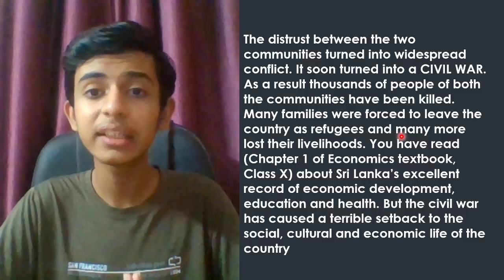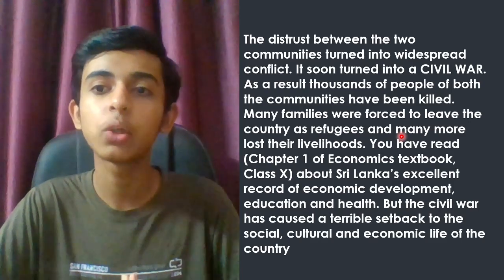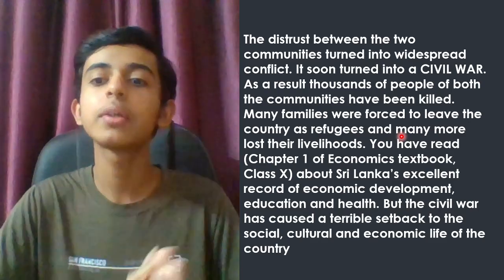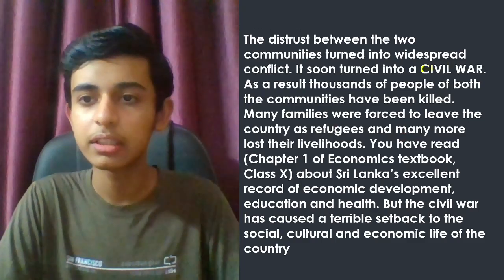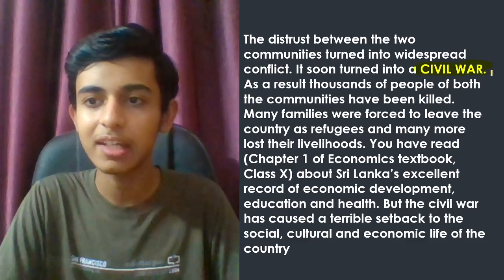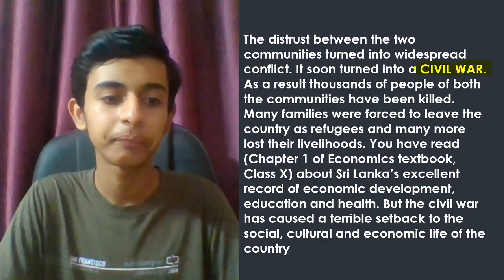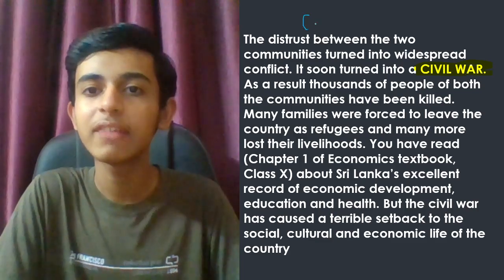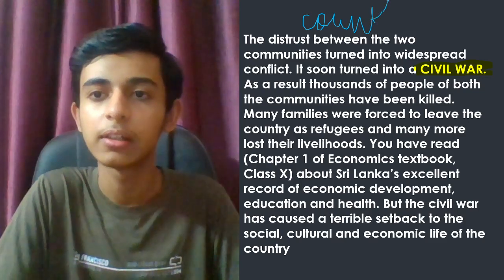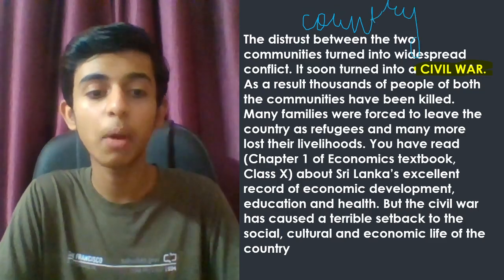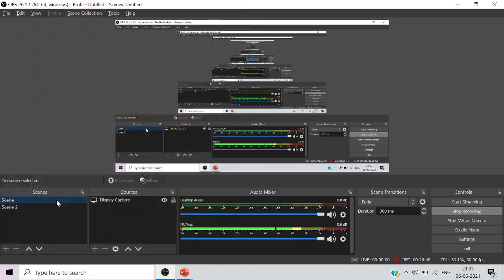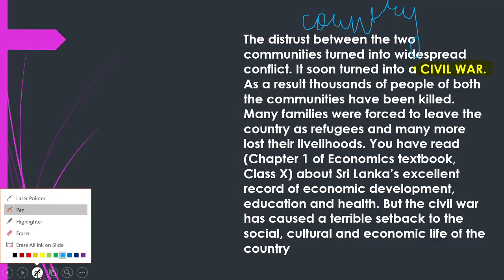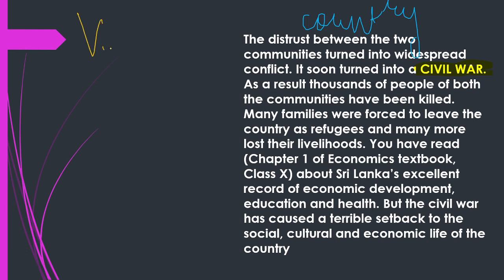See that now what happens? The distrust between the two communities turned into widespread conflict. It soon turned into a civil war. It's very, very important. I'm highlighting it. This term, civil war, is very, very important. What is civil war? See, in a country, whenever such conflicts occur and when they take a violent form, let me change the orientation for explaining. Okay. See, whenever they are going to take violent form,